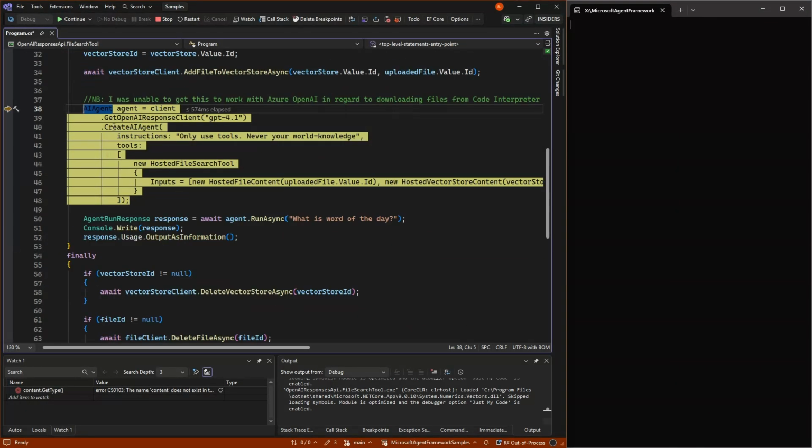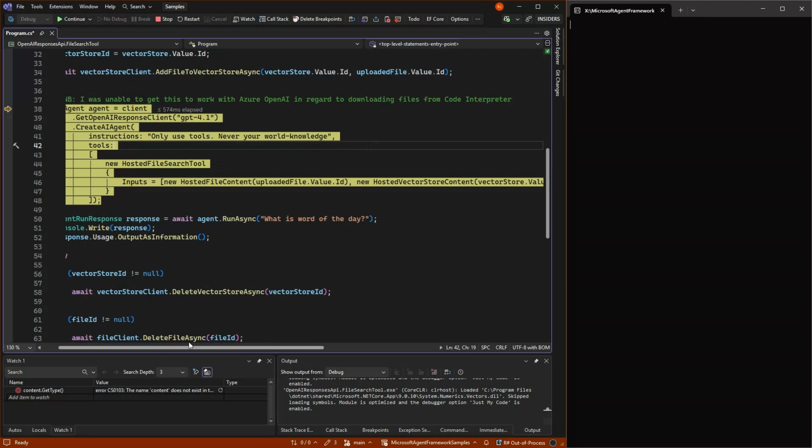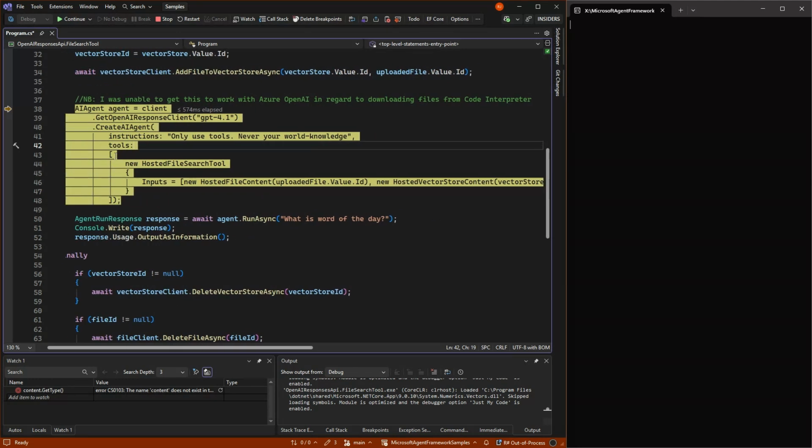Now we're going to make our normal client, but of course with the OpenAI response client instead of the chat client. And we are telling it only to use tools, so no world knowledge. And we are giving it one tool called the hosted file search tool. The hosted file search tool needs a bit of input.